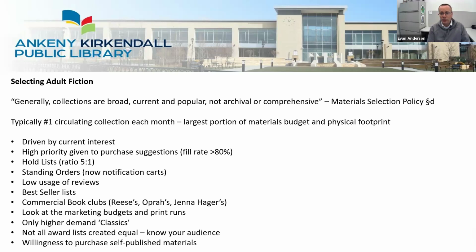I primarily use Baker and Taylor, and instead of having a standing order now, I use what they call their notification carts. They essentially build carts for you in their Title Source 360 tool based on lists of authors or series that you give them. And so I know, like with James Patterson, I always need 8 copies of his latest Alex Cross book. So they always know to provide that for me, and then I can order it. But the cart is nice because you can go in and tweak it before you submit it, rather than the traditional standing order where you're just going to get 8 copies. So sometimes I like to add or subtract based on pre-order interest from patrons, that kind of thing.